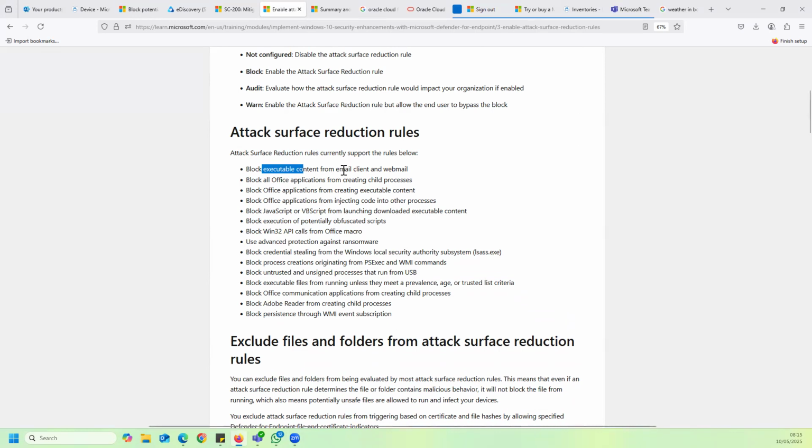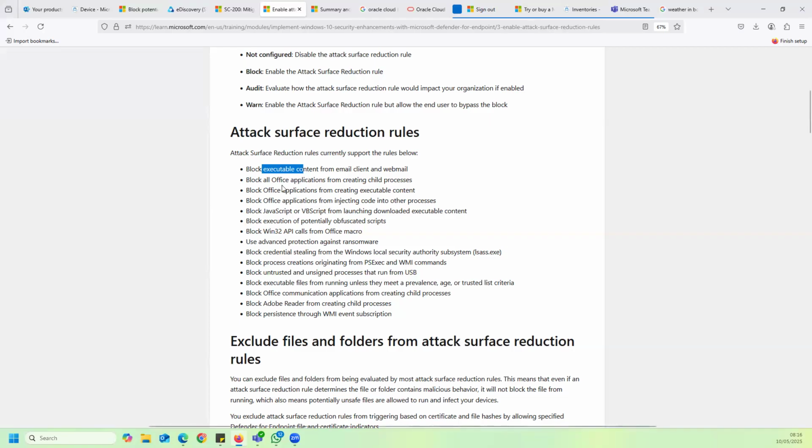So when people receive potentially harmless looking files, and they open them, and those files may look like a PDF, but they are running an executable in the background. So blocking being able to run executables from email clients or webmail is one of those precautions that